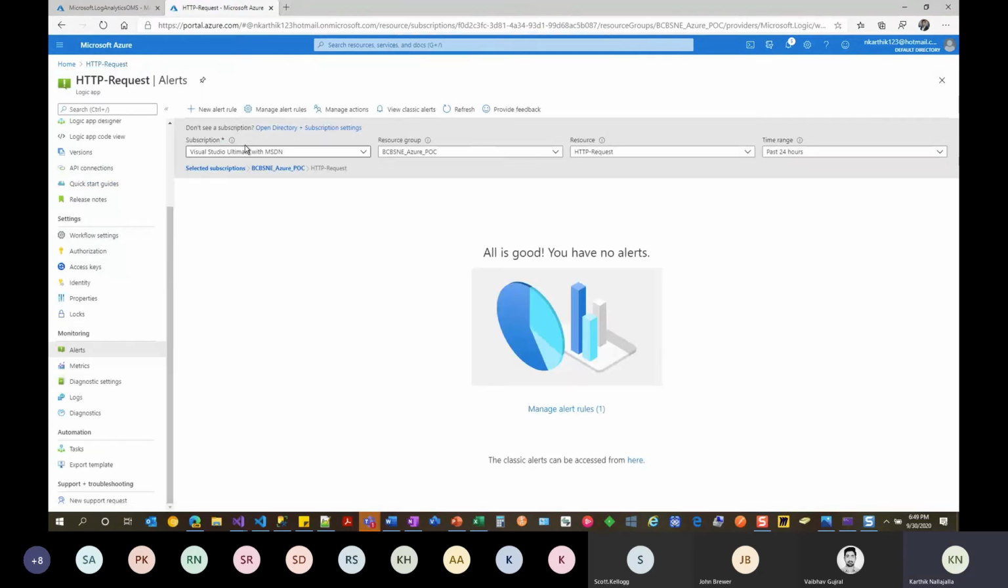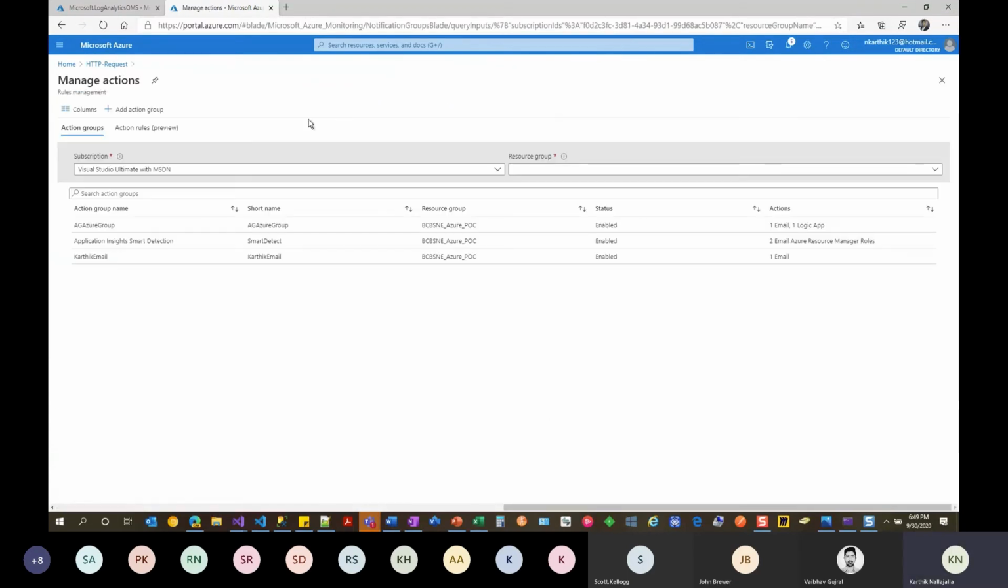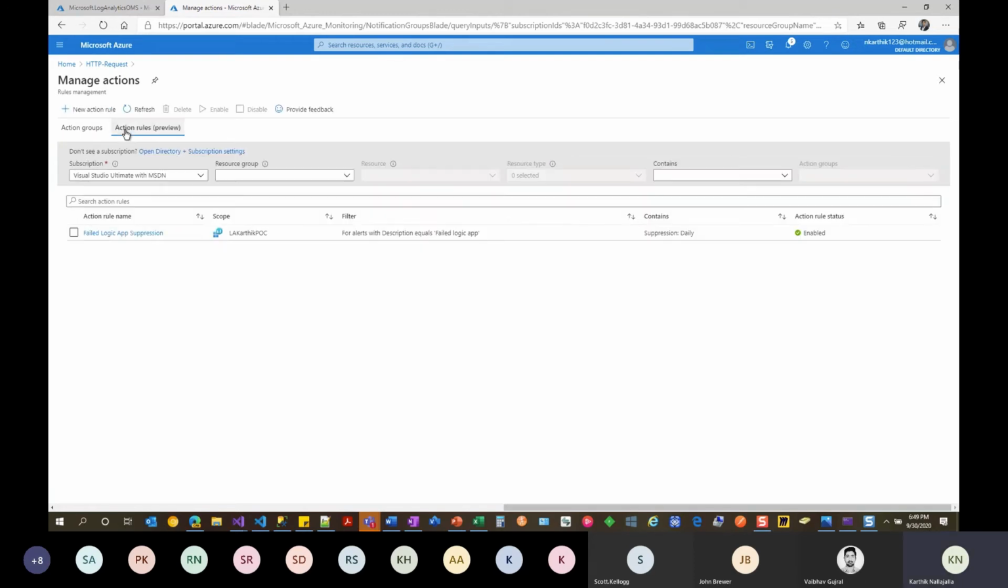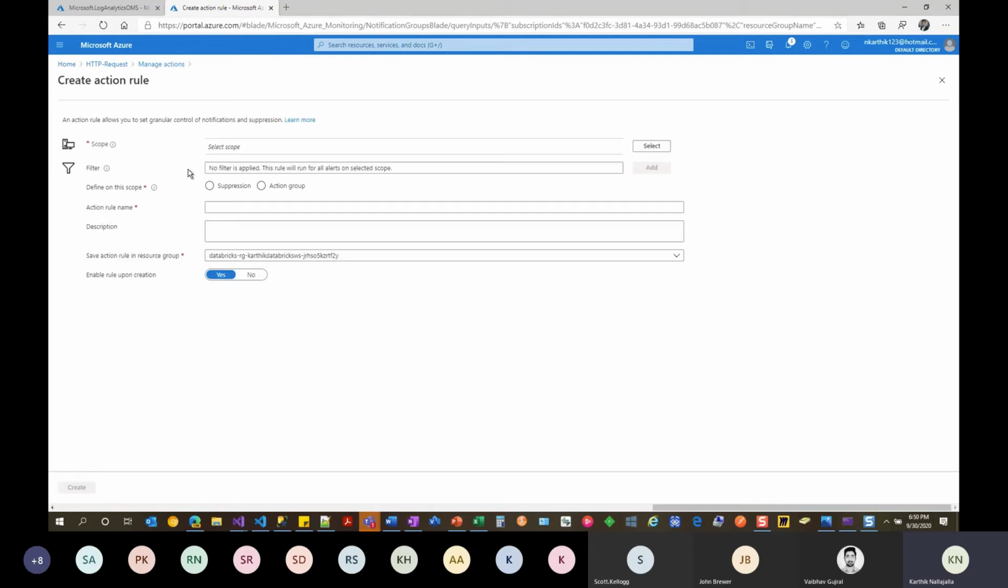To get to the action rules, go to the alerts, then go to manage actions. In manage actions, we have two things. One is the action group. We just created the action group for an email and a logic app. Next to it, we have something called action rules. In action rules, we can configure suppressing alerts. So I want to configure that. Here, the scope will be